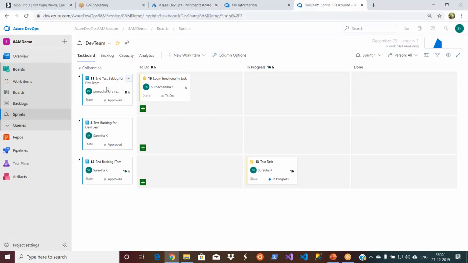Right now, if you see the task board, everything is plain, and I really don't know which one is related to which state, whether it is in design or in development activity. Right now in this box I see only the state of this one.